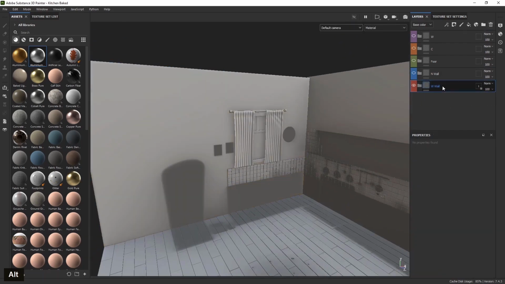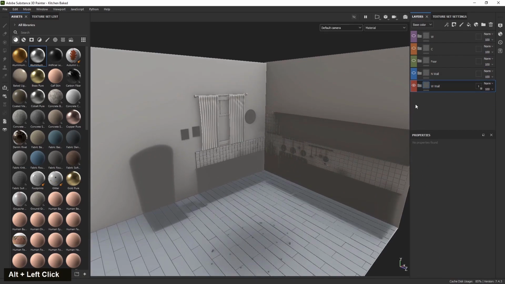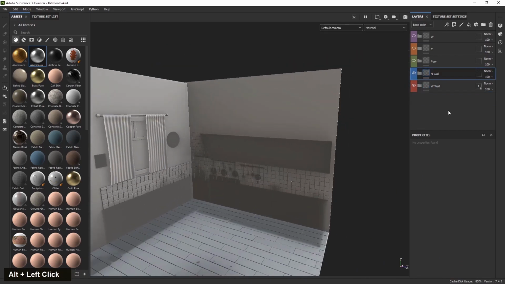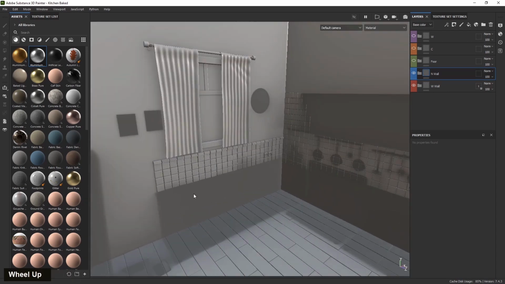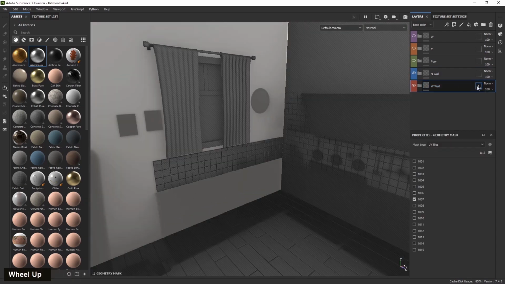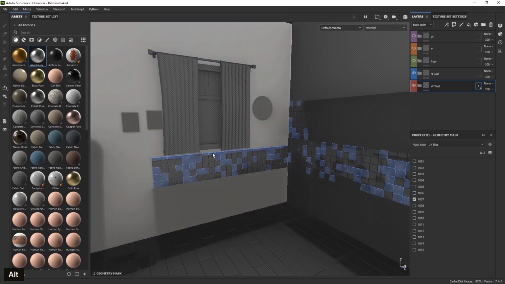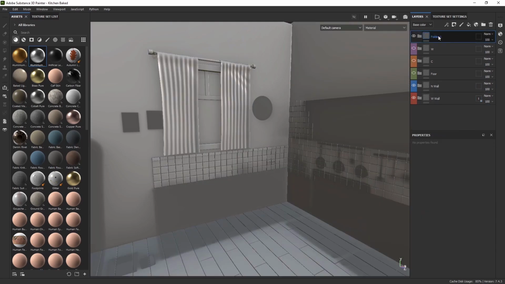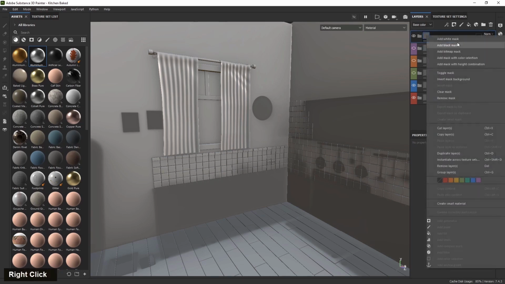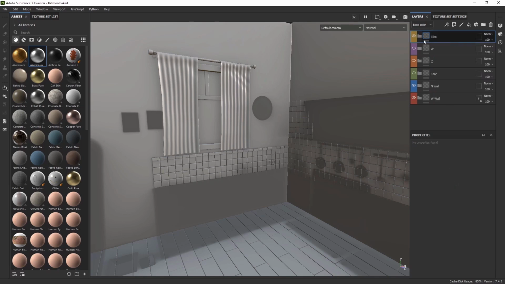So let me delete that. All right, let's select the north wall. Also, let's go to the west wall and select the tiles. Maybe part of them, or let's create another folder. This way we can affect the tiles separately. So let's name this tiles and a color. Alright,